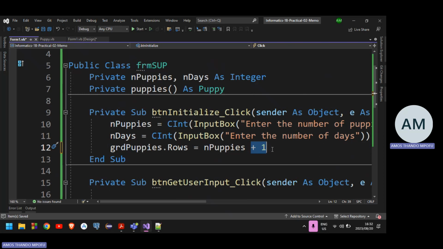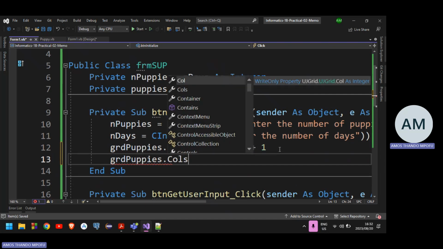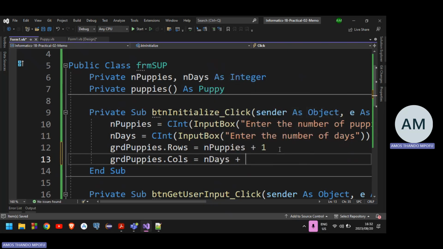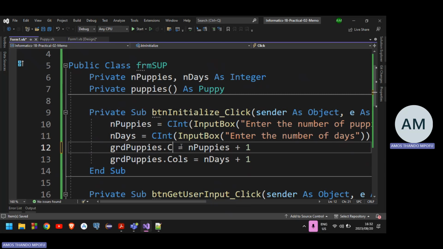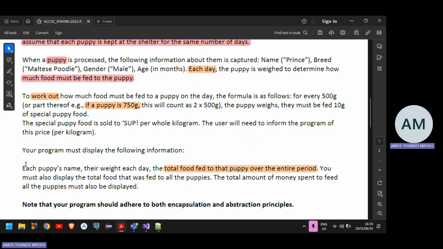Plus 1 is for column 0, so that I don't start displaying in column 0. GRD puppies dot cols, the column, is going to be equal to the number of days plus 1 for the default. No, I should have said cols. Yeah, and then rows. Yeah, it's going to be equal to the number of days plus 1, but I also need to display the puppy's name